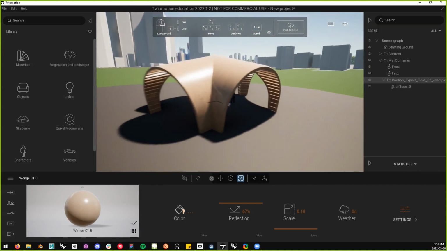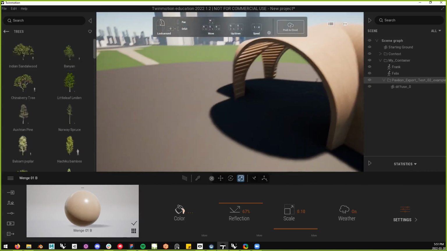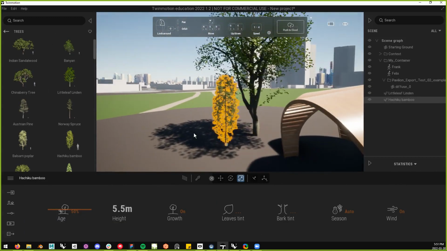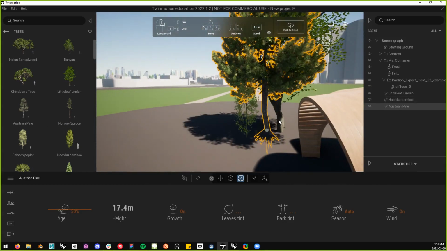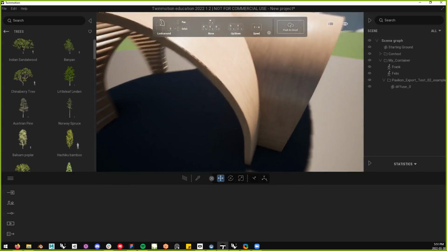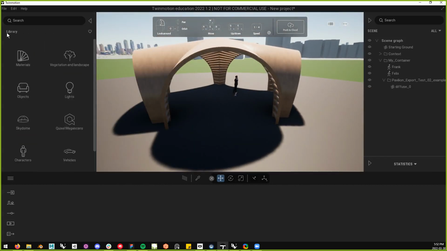So obviously this is a pretty comprehensive tool. You've got a lot of things like trees that you can start placing in your scene very, very quickly. So I'm going to go over really quickly how to do that in just 1 second. The first thing I'm going to do is